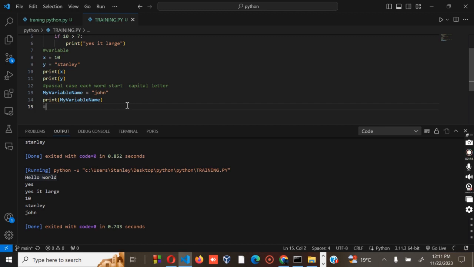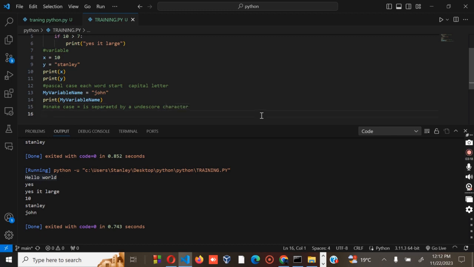And we have our next one, the snake case. Now the snake case is separated by an underscore character.